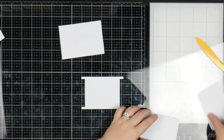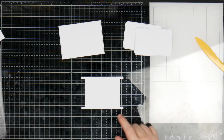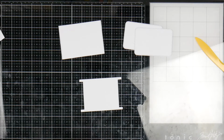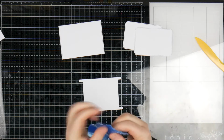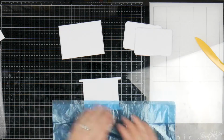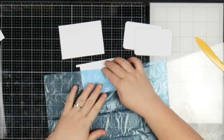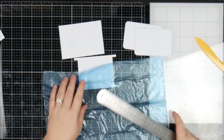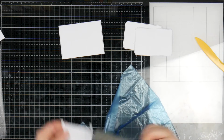Now to make these pop out, because these will pop out like this, we need to use a bit of plastic. So far I've made probably 2 of these and I've used a different kind of plastic each time, and I'm yet to find one that really works. This is the one that Lawn Fawn says is supposed to work the best, and they're doggy poop bags, and I just got them from Coles. I think they were $2, but these are apparently supposed to have the right amount of strength and ability to slide. So I've grabbed the bag out, and then I'm just going to measure. I think it's 2.5 inches, so about 6 centimeters. So I'm going to cut